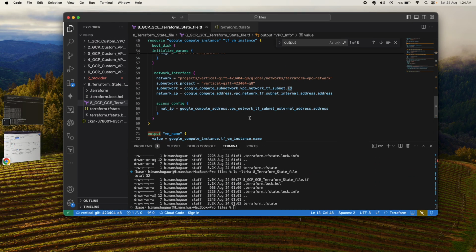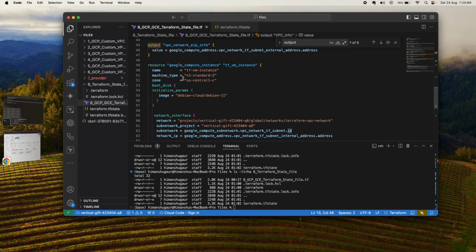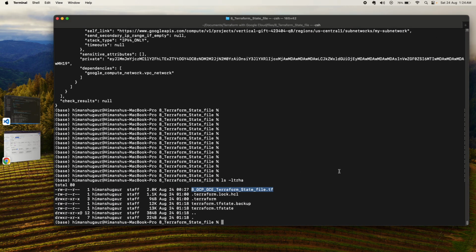If I do a modification related to the VM, if I change the VM name to test VM, then save that file and fire the command